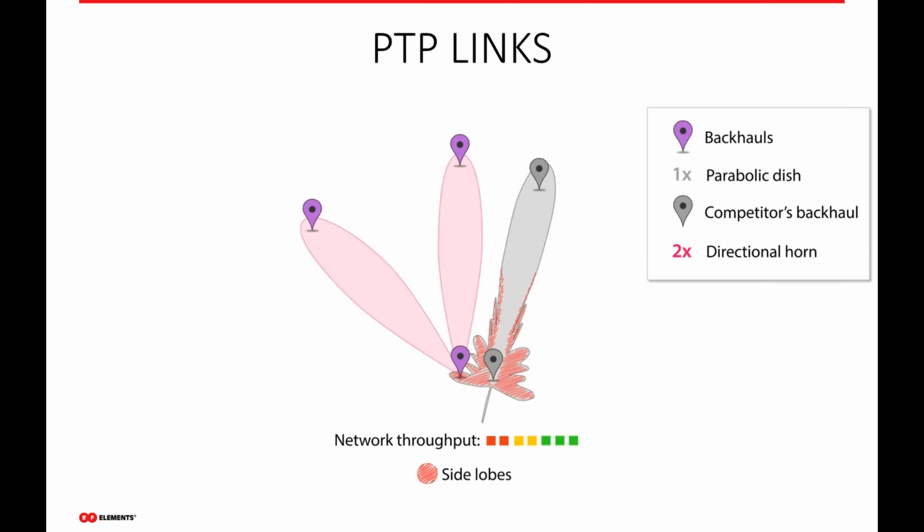You'll probably still have problems if your competitors are using, again, parabolic dish antennas, if their towers are close enough to yours, if they're co-located on the same tower. They still have huge side lobes that will send noise to your area, so there'll be some interaction. Again, your backhaul links will improve, but they'll never really improve as much as they could if everybody was using this technology. So if your competition also switched over to using horn technology on their backhauls,